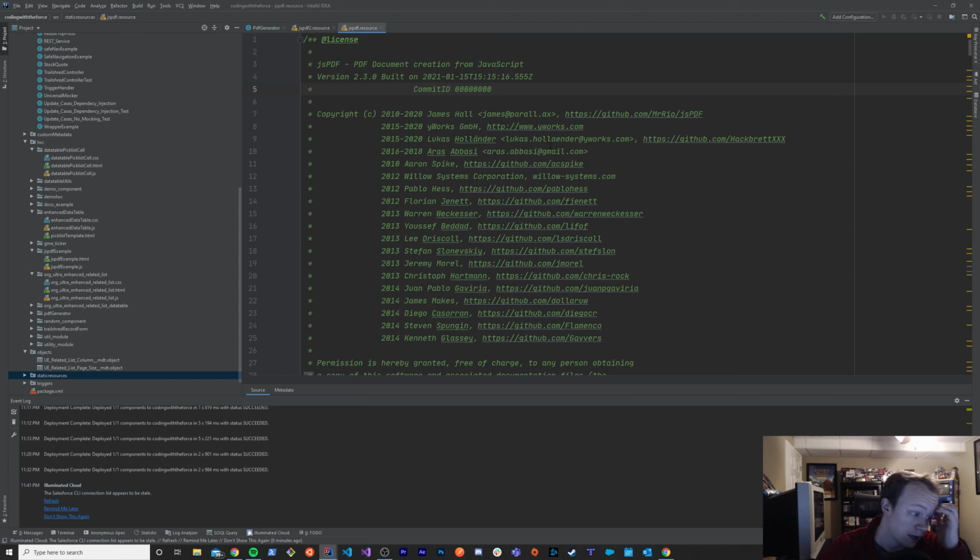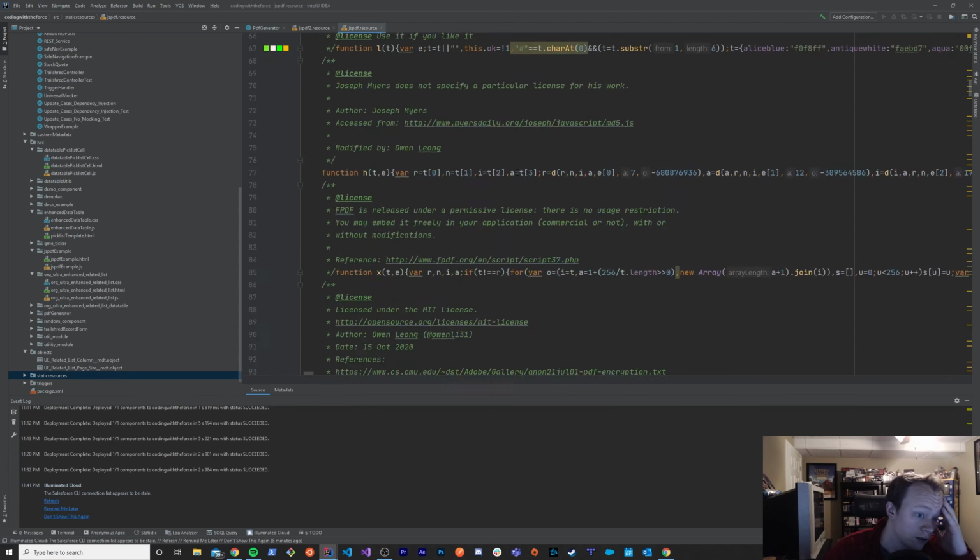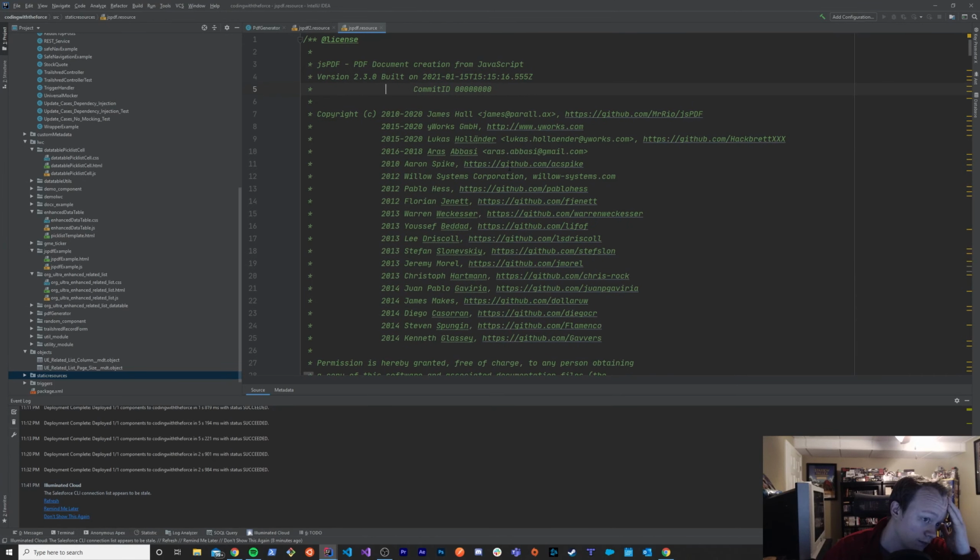Once you've created a static resource, you'll be able to view it and check it out in either editor. By the way, if you don't know what this is